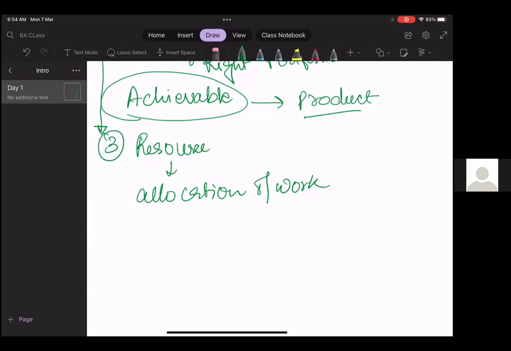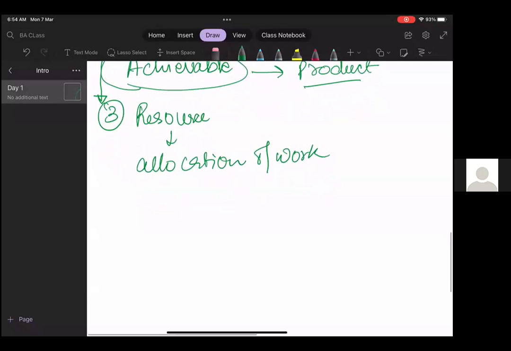So in order to start allocating the work to a development team who can handle the project and help the client achieve their business goal, it is very crucial to identify the right team for the project. For example, suppose we have to hire a backend team to develop the feature of that particular app. However, we hire a front-end team, so it will be of no use to us, right?